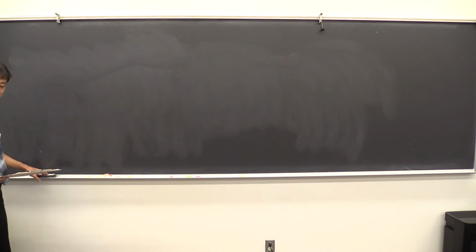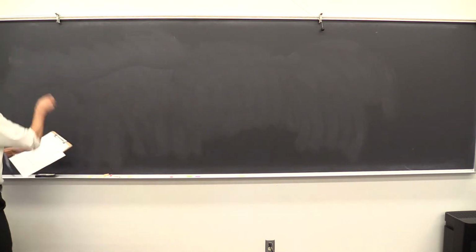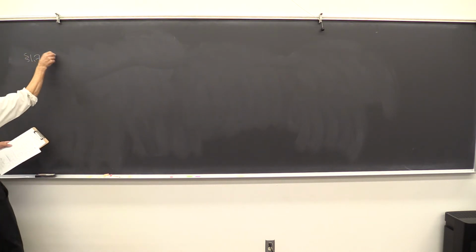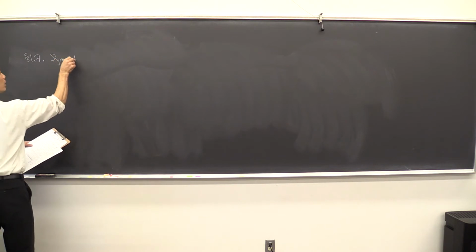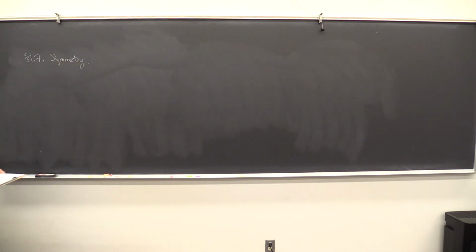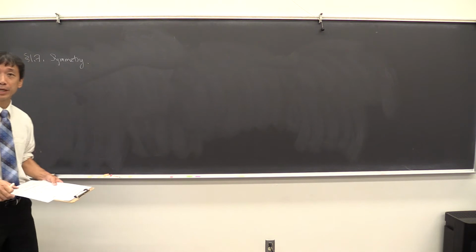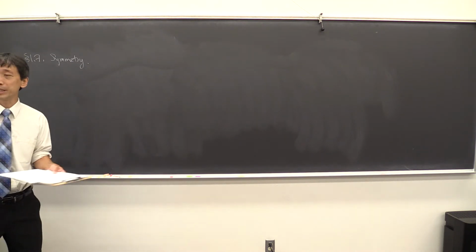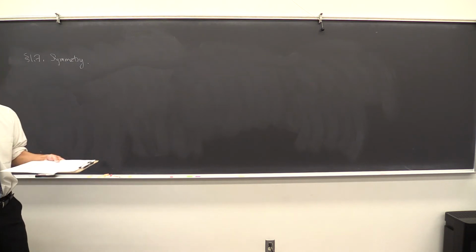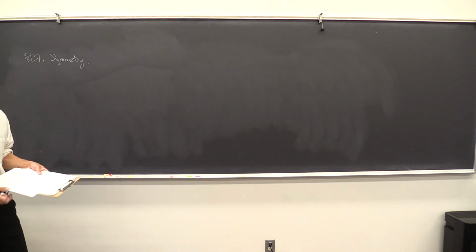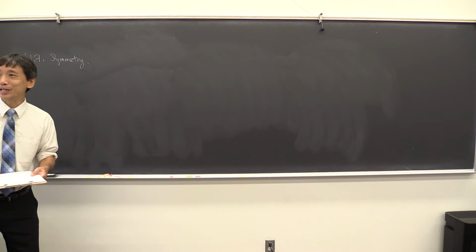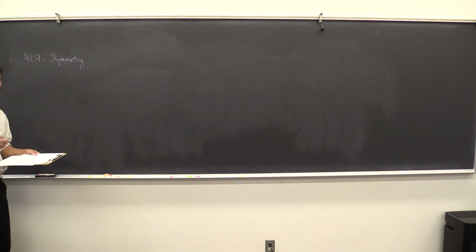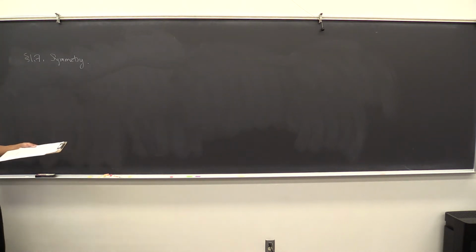Okay. So today we're going into section 1.7. This is about symmetry. Symmetry is something that human beings have a sense of, kind of intuitively. You see something and it's often pleasing to you if it's symmetric. Like people say that human faces are pleasing if they're symmetric. That always seems strange to me. Like if you took just any face and then reflected it, would that be a pleasing face? Anyway,